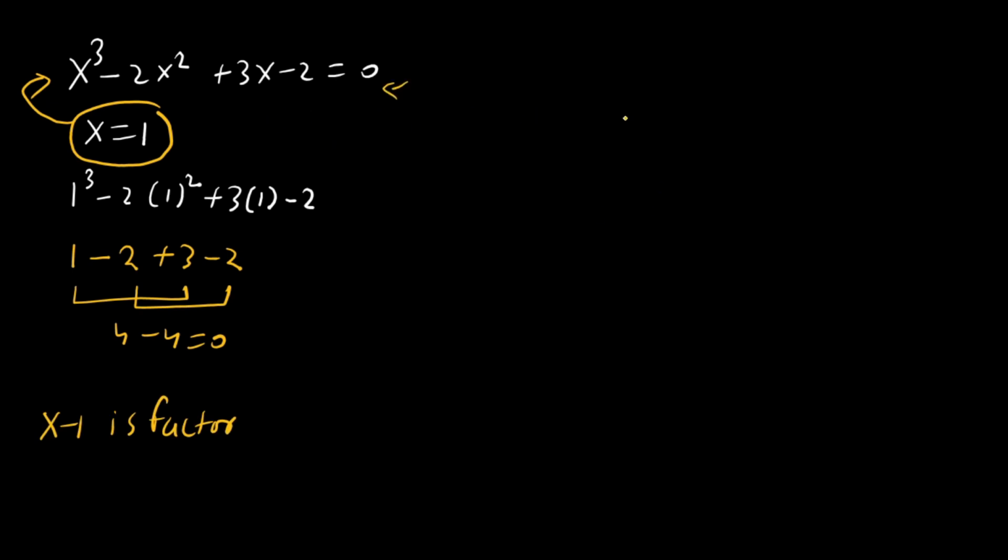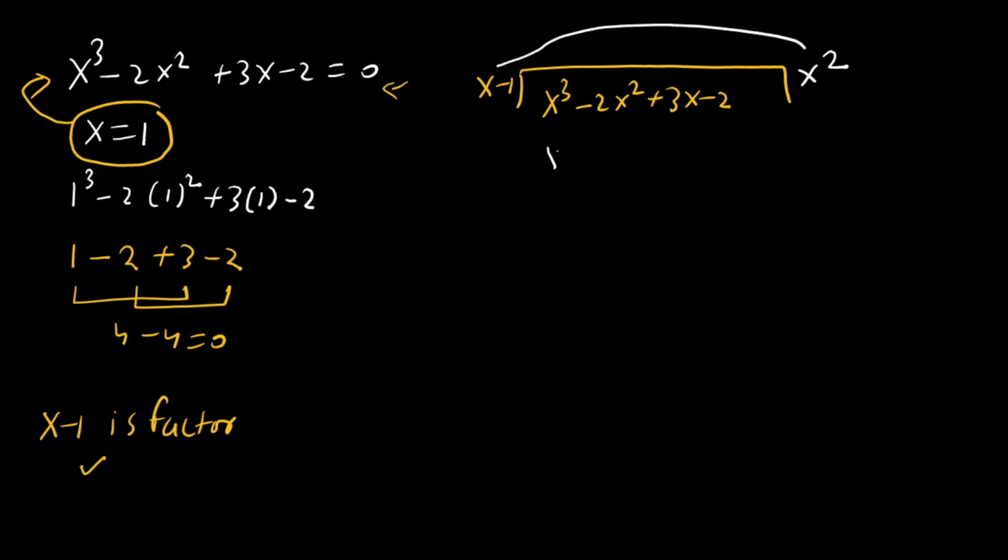Now divide this polynomial by x minus 1, then we get remainder 0. So here x minus 1 and here x³ minus 2x² plus 3x minus 2. Here x² multiplied by x, then x³, and x² multiplied by minus 1, then minus x². Then here minus and here plus, then this plus x³ and minus x³ cancel out, then here minus 2x² plus x² is minus x² plus 3x minus 2,